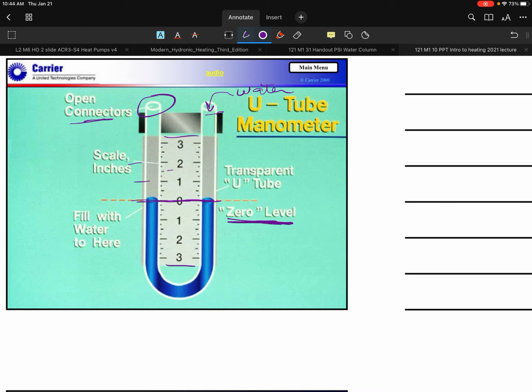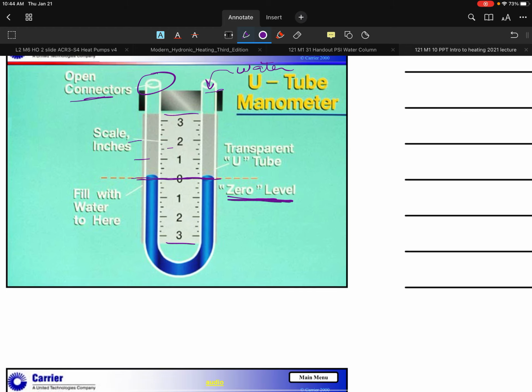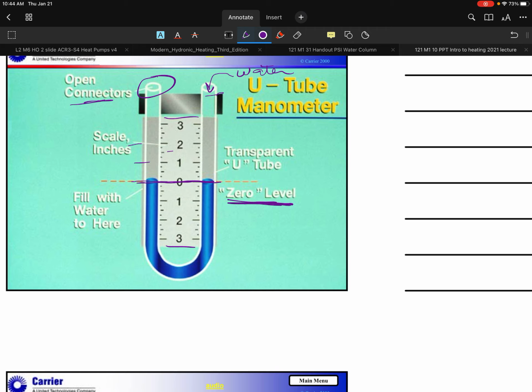And again, some transparent tube works awesome with this. It's really very, very good. So that's kind of the one way to do this. But the value of this is to really understand how much pressure does it really take to make an